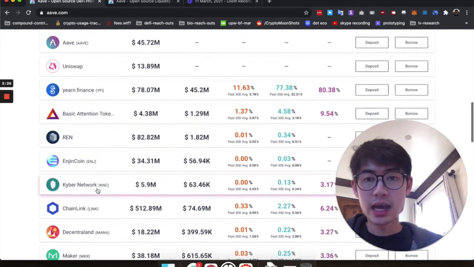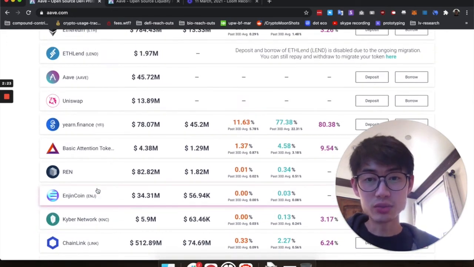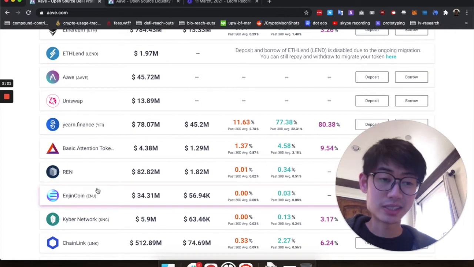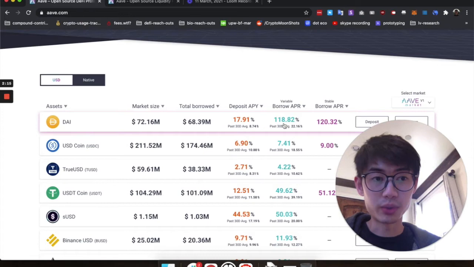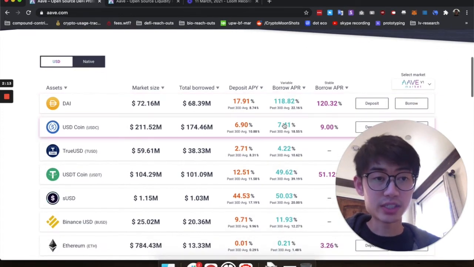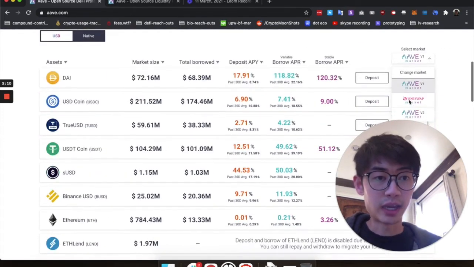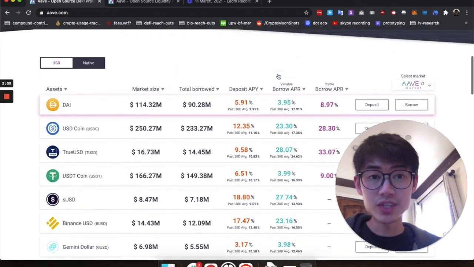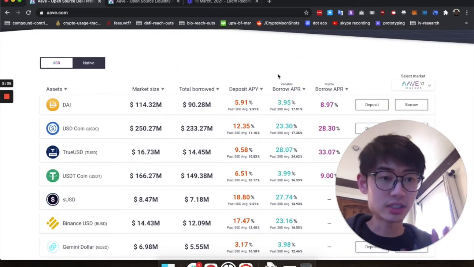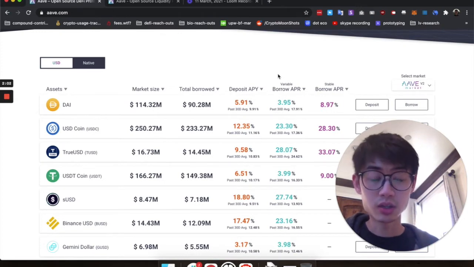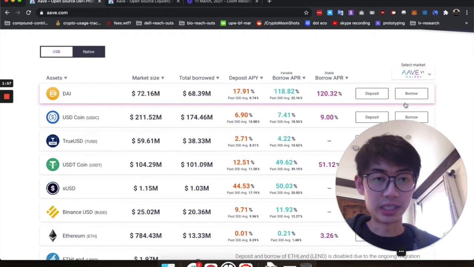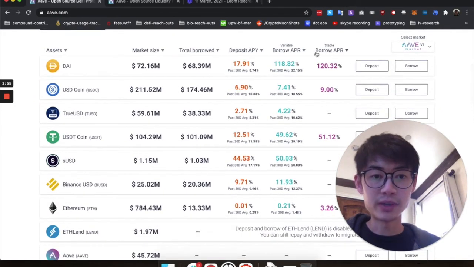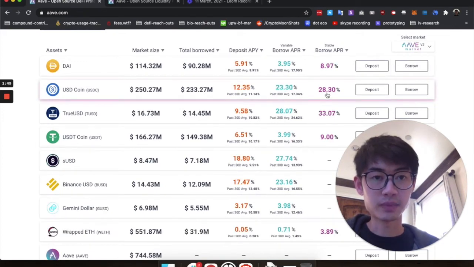than Compound. One thing to note, which is a pretty huge con and the reason that I don't use it as much, is that the borrow rates for stable coins are really high, especially on the Aave V1 version. And there is a reason for that. The V2 is actually much better. I suggest everyone that uses Aave go with the V2. You're just going to get much better rates. It's a better built product as well than their version 1. And they really honed in on a lot of these things on their